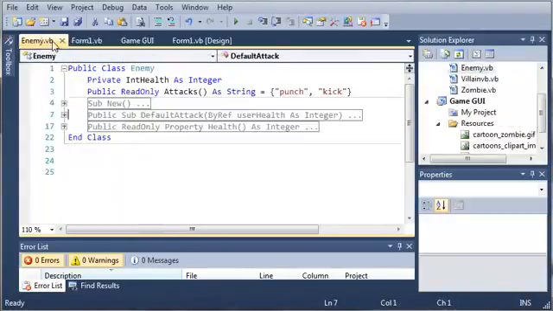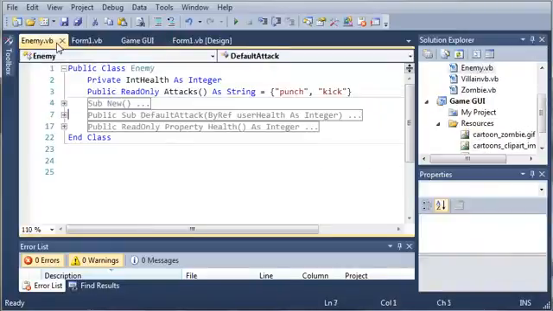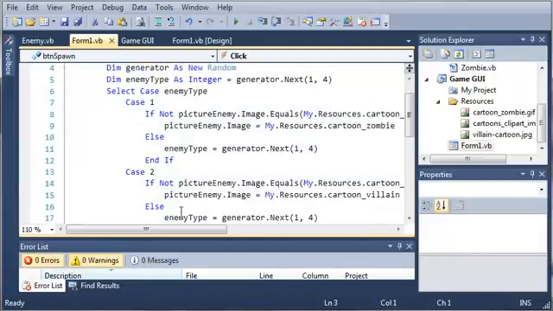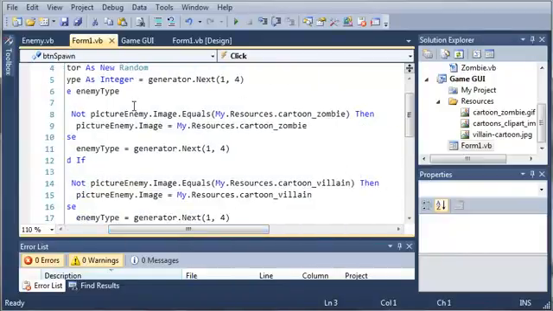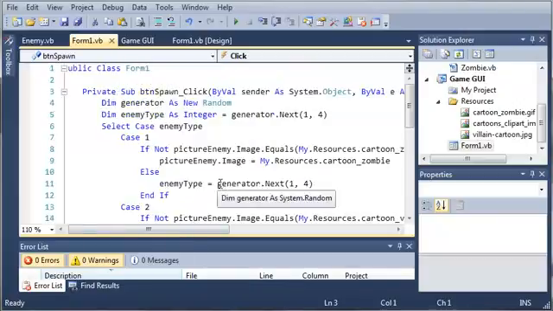button spawn so that it checks to see if there's already an image in there. This didn't actually work out the way I wanted it to, but you can look at it if you want. I just checked to see if the image equals a zombie, then it's going to set enemy type equal to another integer. This didn't work out too well because when it does that, it doesn't send it back up to the top